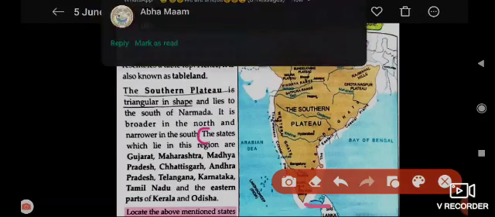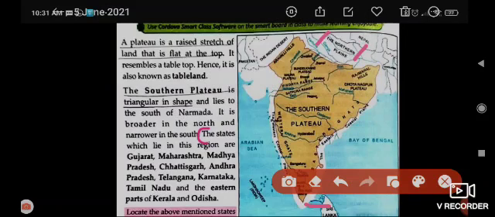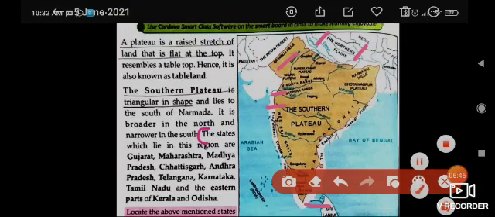The Southern Plateau is surrounded by many hills: the Aravali Hills, then the Vindhya and the Satpura ranges.